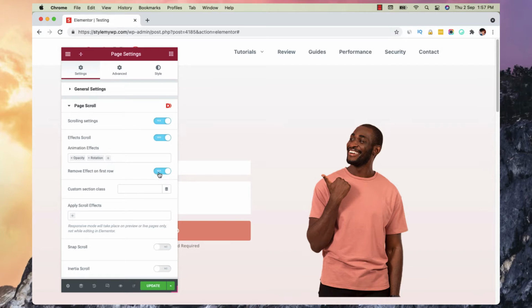So this was to enable animation for all the sections except the first one, and this one is for the selected sections only. For example, if you want to enable the effects scroll option only for the section that is containing your offer, your specific section where you want your users to pay higher attention, then you can use the class.